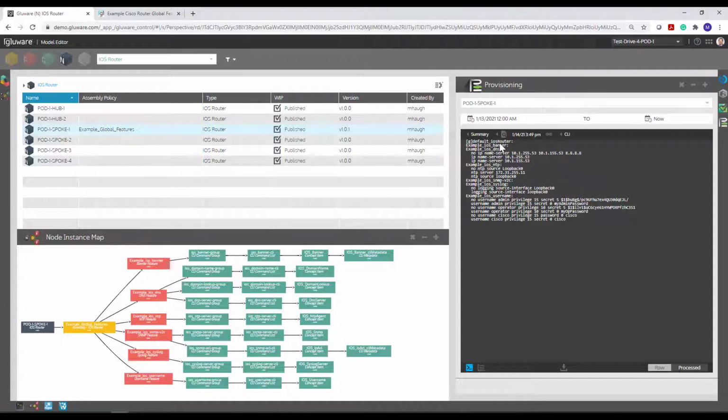So if I could back up a little bit, it doesn't have to do anything for banner. It's going to fix DNS. If I look at NTP, again, if you haven't watched the drift video, I removed the NTP server. So this is going to go back and add in the NTP server. So that's good. There's no changes for SNMP. For syslog, it's fixing the source interface, and for username,